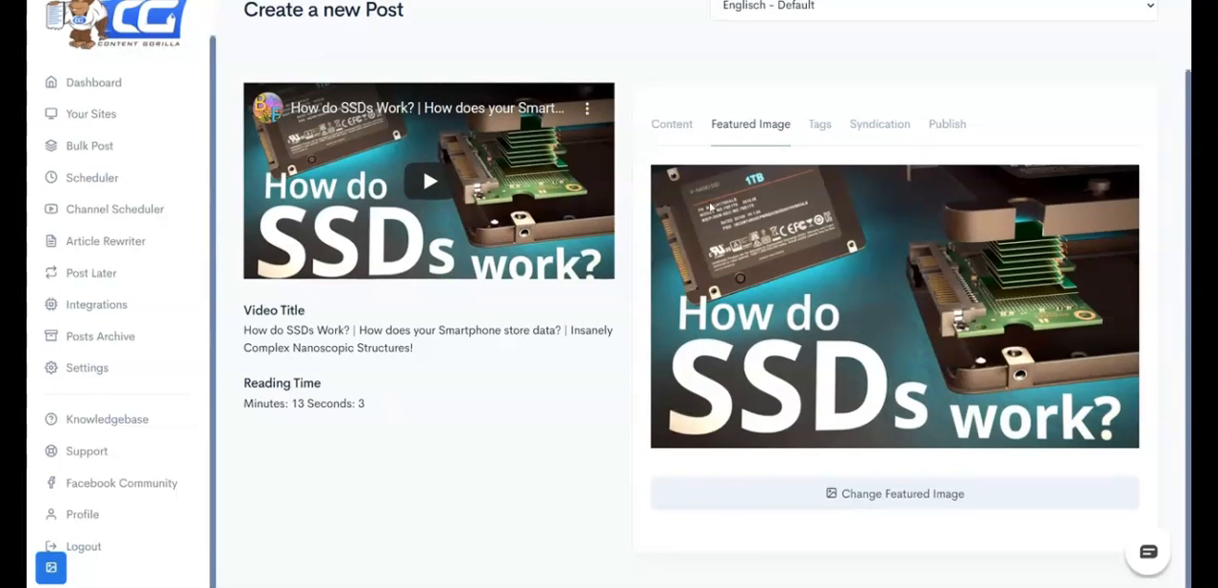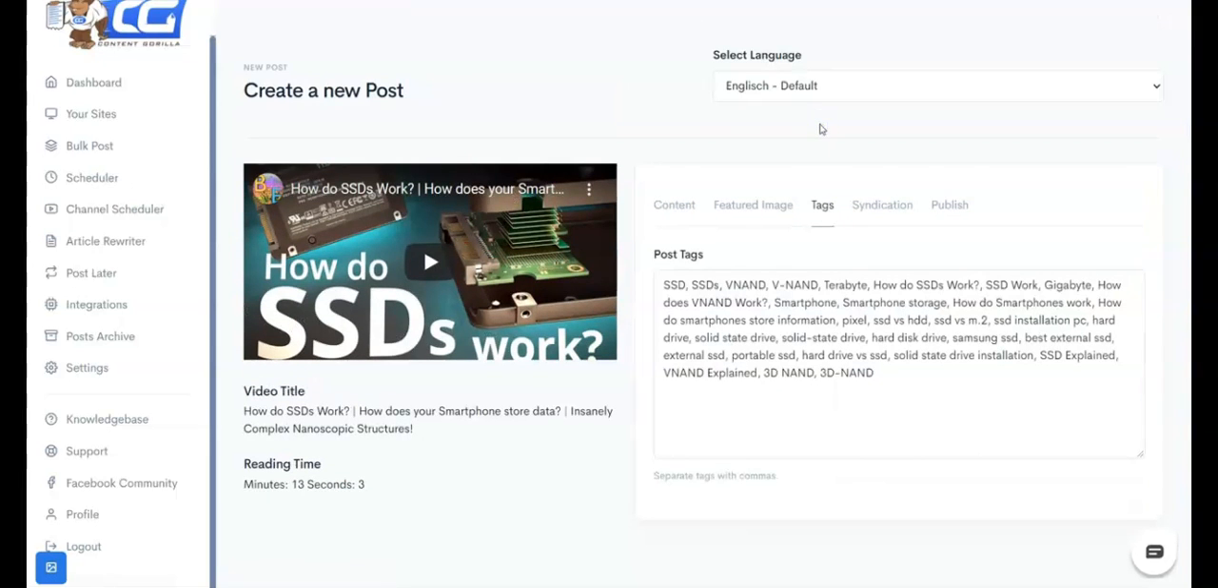By default, what we do is we fetch the thumbnail image from YouTube and add that. So when this is published, this is going to be your featured image on your blogs. Then we have tags. Now what tags do is they notify search engines to list your content for these particular